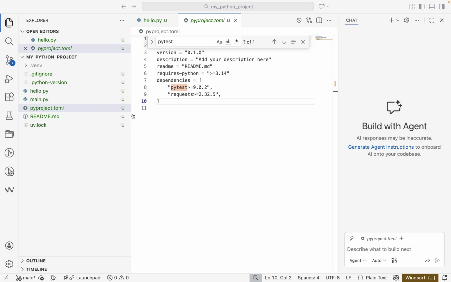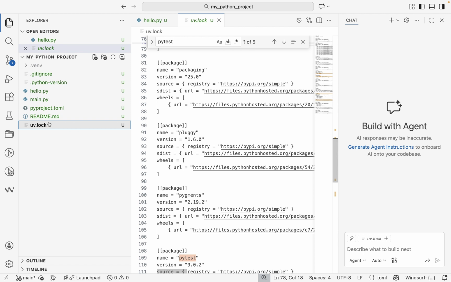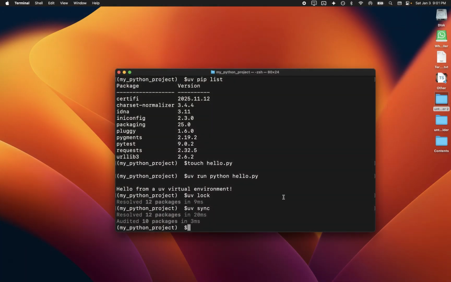It reads the TOML file and the uv.lock file, and it sets up the exact environment with the same packages and same versions on any machine. You can use this command when you want to, say, clone the same project on a new laptop, or you are running tests in CI/CD, for example Jenkins, or simply when you are rebuilding